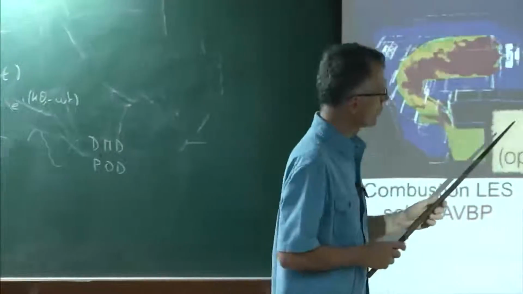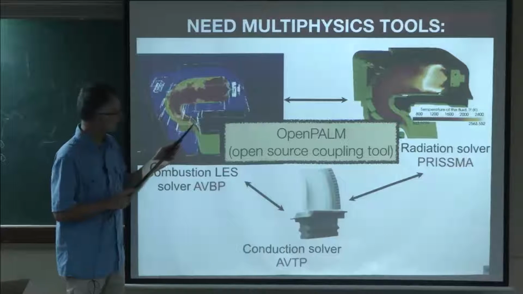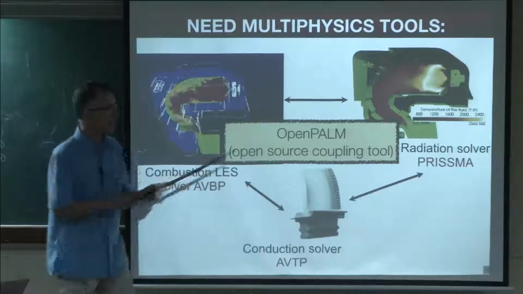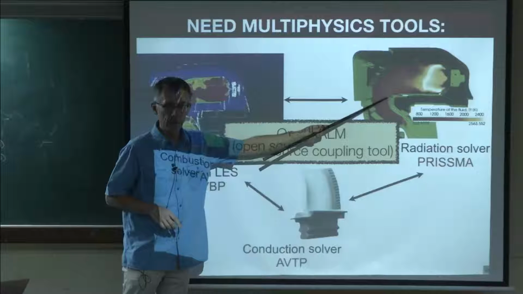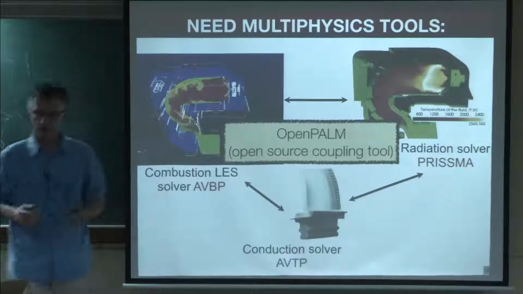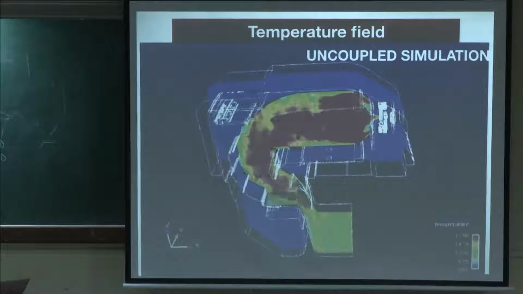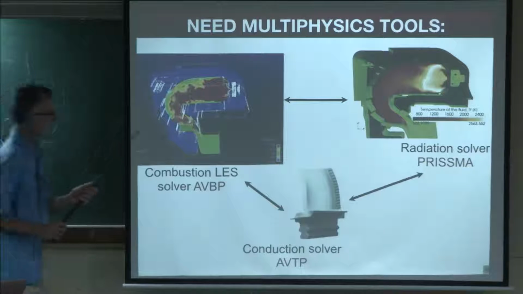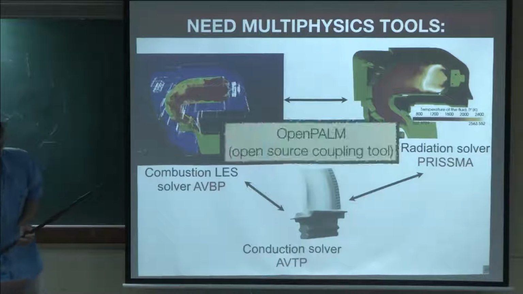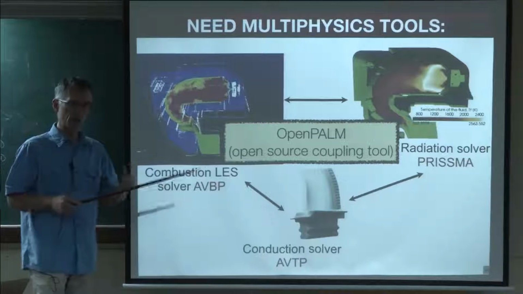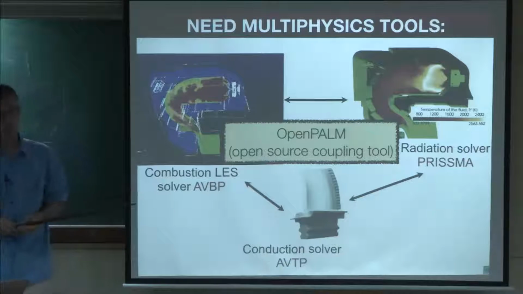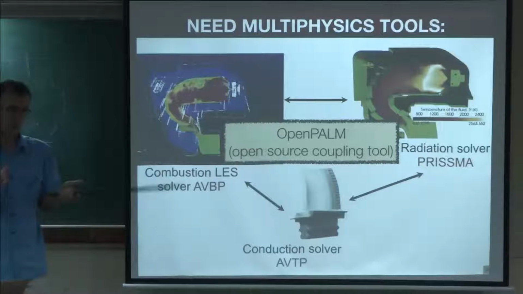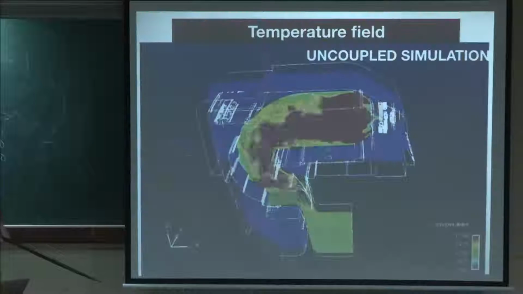And what this coupler does for you, it tells you, okay, here you want to exchange the temperature on the blade. Let's just write a small file which writes that, and I will read it here. And this thing will write the heat fluxes, and I will give it to that guy. And you can specify how this thing works. I will give you a more detailed description of that in a few minutes. But let's say that this tool, OpenPalm, allows you to run multiple parallel codes on one machine in a simultaneous way. And that's really quite easy. And we have in the world now maybe about 50 groups using this tool when they do multiphysics, because it's an open source code and it's working very well.